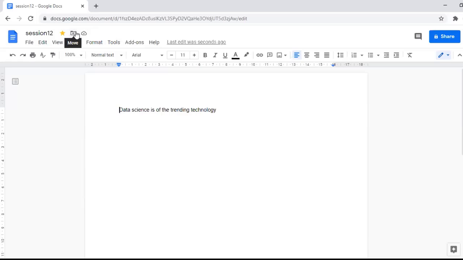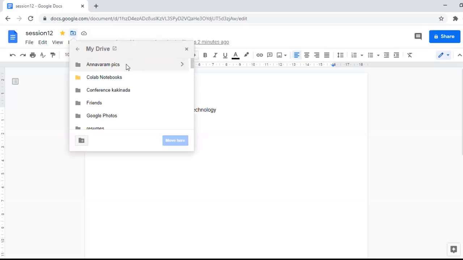So next one is move. That means if you want to move the document that you are working on to any other location, you can move it by clicking on that icon. See, I am clicking on the move icon, and I want to move this document to the resumes folder.